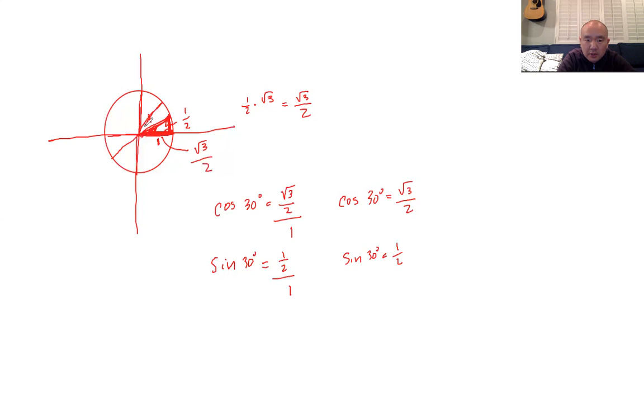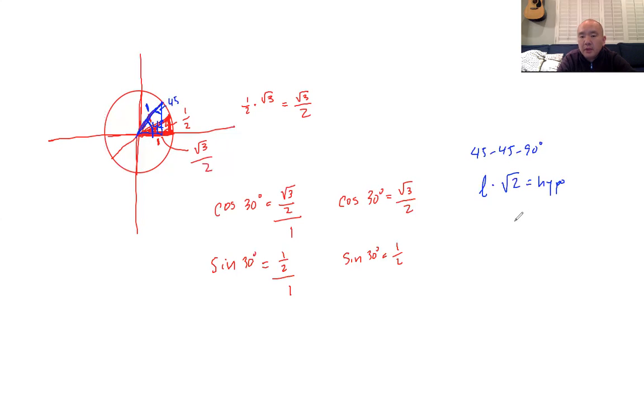Let's say this angle right here, let me change colors, is 45 degrees. If that's 45 degrees, that means that I could draw a line here, and that means that this angle is also 45 degrees, and this is 90, which makes it a 45, 45, 90 degree triangle. Okay, so remember that we have the unit here. This is 1, and remember in a 45, 45, 90 degree triangle,